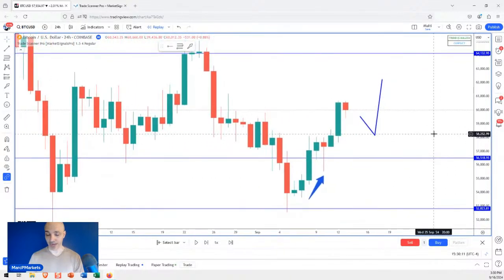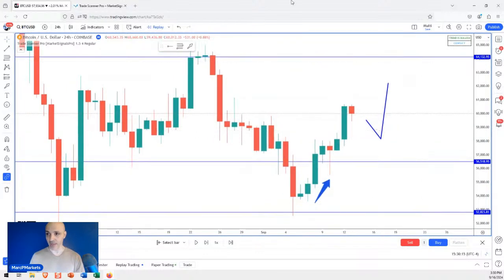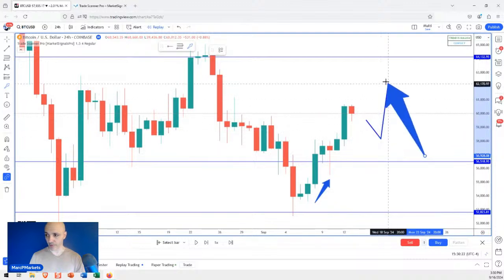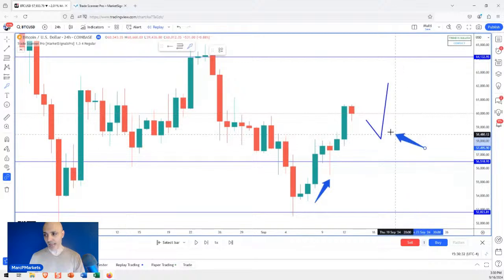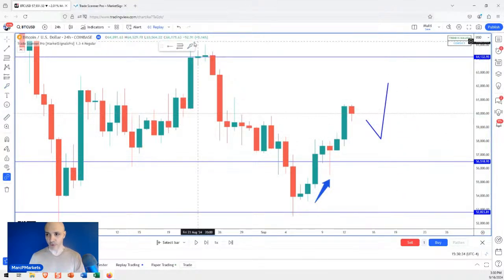What should I expect? How do I come up with a trade idea here when it looks like that? As you can see, I drew this illustration here. I was anticipating the pullback followed by a reversal back to a higher high. That was my anticipated scenario that I published yesterday. But I want to basically teach you how I arrived at this. But before we can do that,